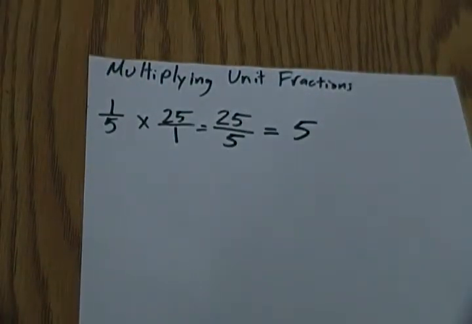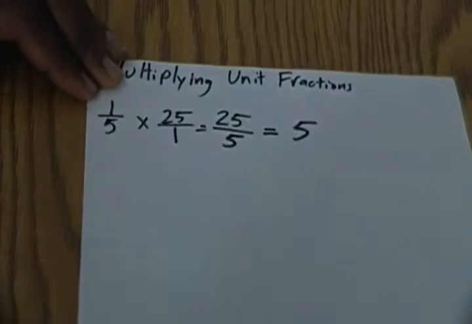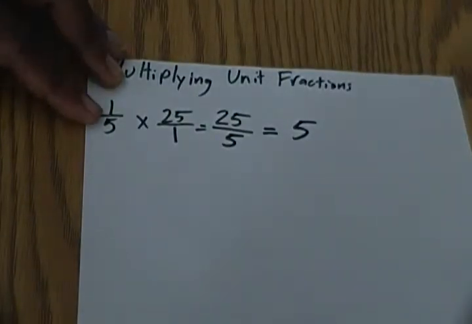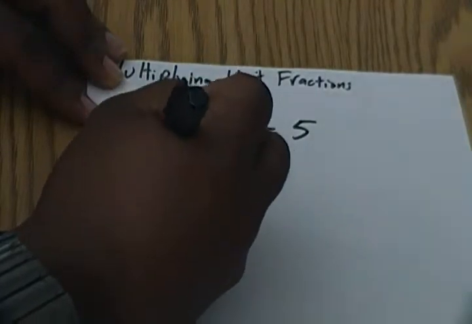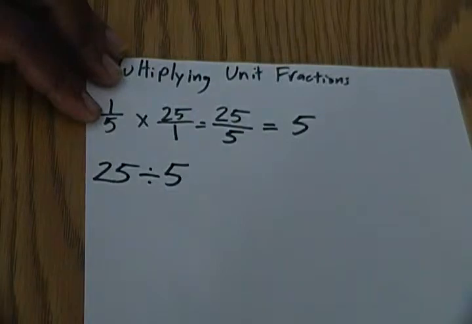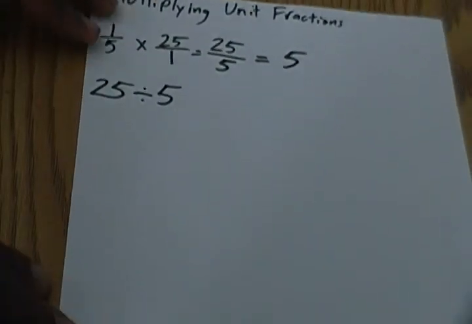Now when it comes to unit fractions and whole numbers, when you multiply them together, essentially what you're doing is this. Since we had 1/5 times 25, you're actually writing this problem: 25 divided by 5. Now in your student's notebook, they found out that there are many ways of writing multiplication and division problems. A couple of those ways are, we're going to keep it with 25 divided by 5,